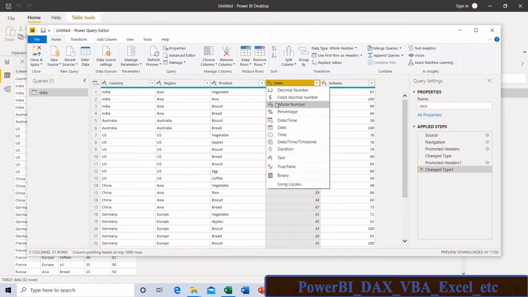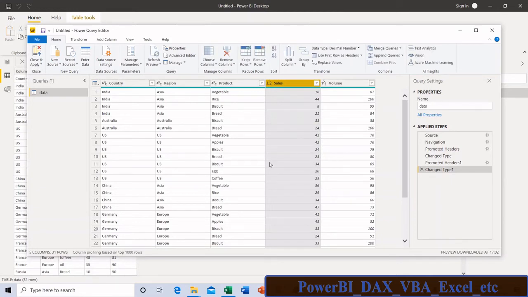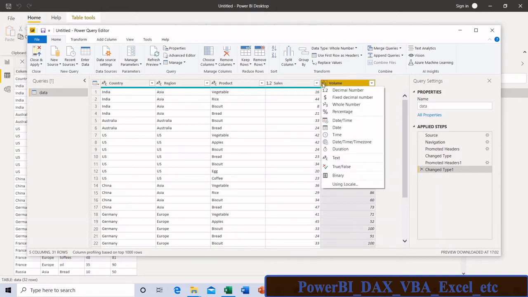Now it is showing whole number, but in future if you think your data may have decimal numbers as well, you can select the decimal number option and it will convert into decimal numbers.